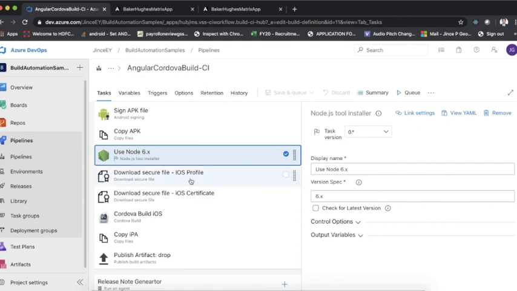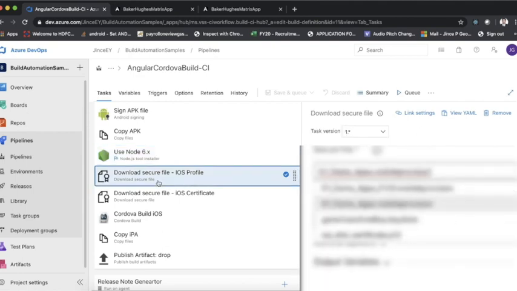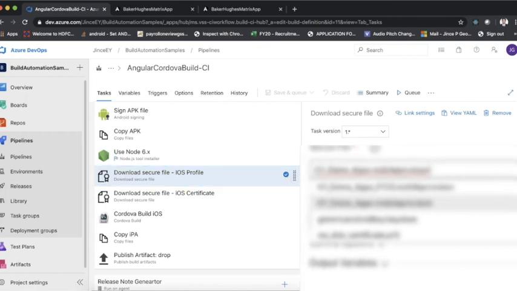And the next task is, we already know that for an iOS application we need a provisioning profile and the distribution certificate for signing. So these files I already uploaded to the secure file section. So we need to download those files into this virtual machine, this particular build pipeline session. For that, we can use the download secure file task, and you can select the secure file from the list. I used